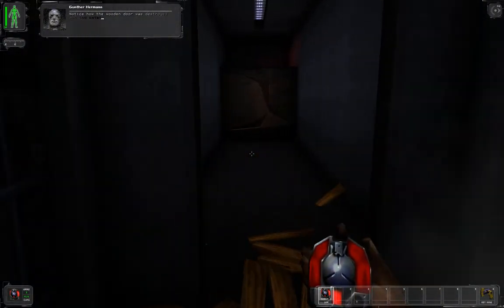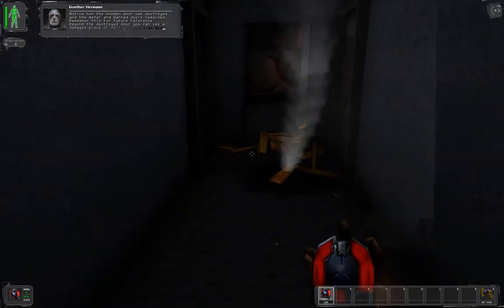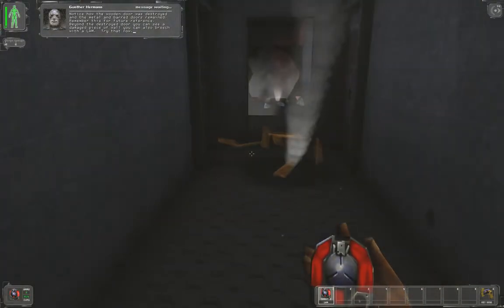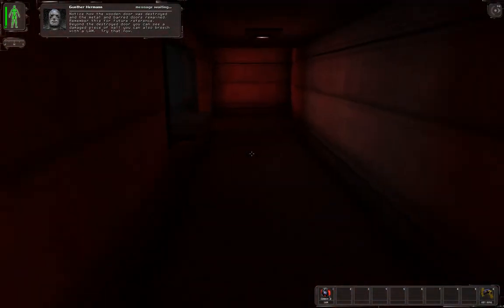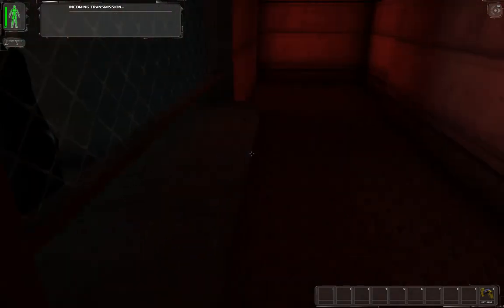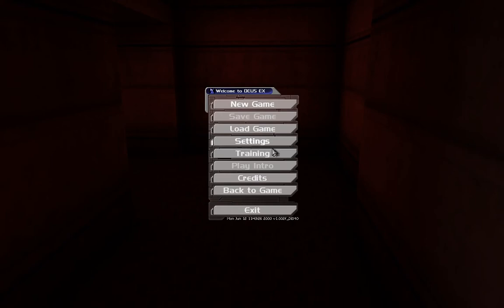Notice how the wooden door was destroyed and the metal and barred doors remained. Remember this for future reference. Beyond the destroyed door, you can see a damaged piece of wall you can also breach with a lamp. Try that now. Excellent. Notice that the wall is opened. Look for other weakened walls such